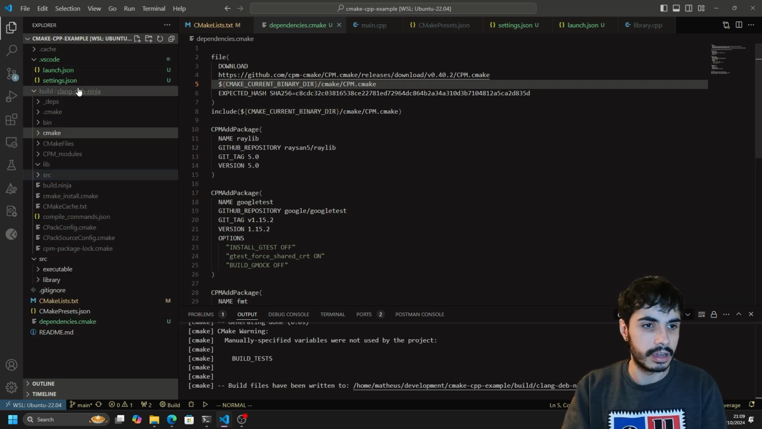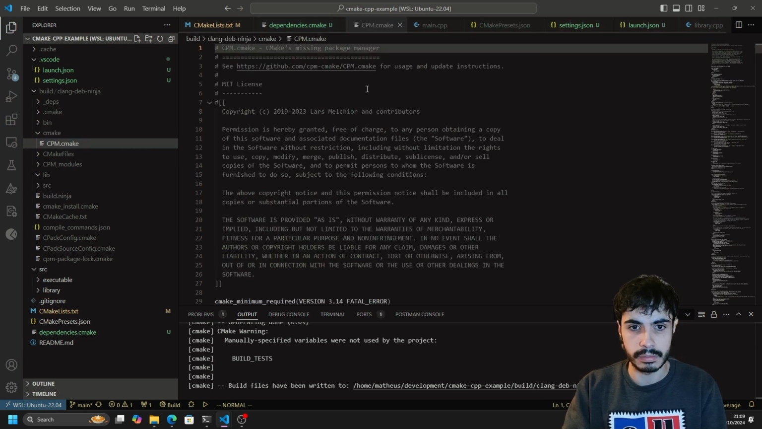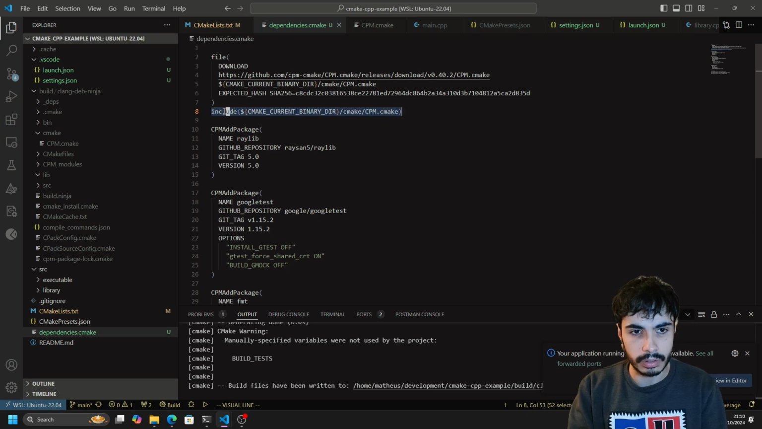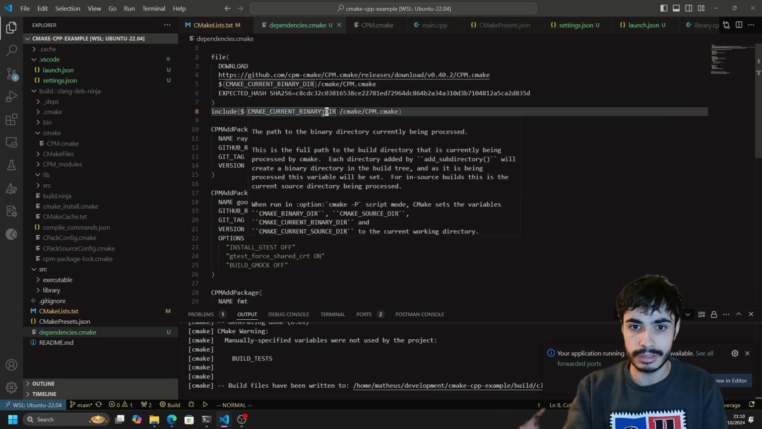So you can see that we have, under build and then my Clang debug ninja directory, which is my build directory, there is CMake and then CPM.cmake, that file that we downloaded. And this is all you need to actually be able to start using CPM in your project. Because of this include call here on line 8, we also make sure that we include that file once it's downloaded,